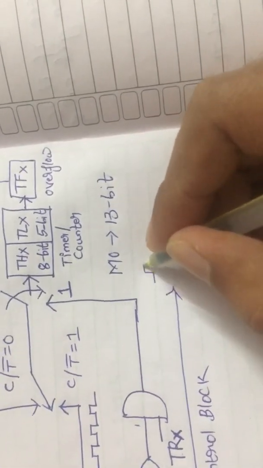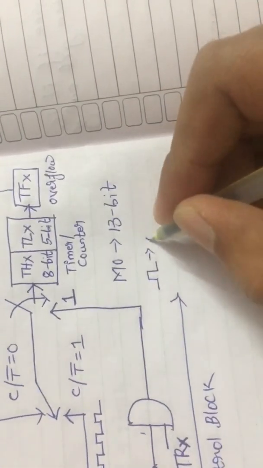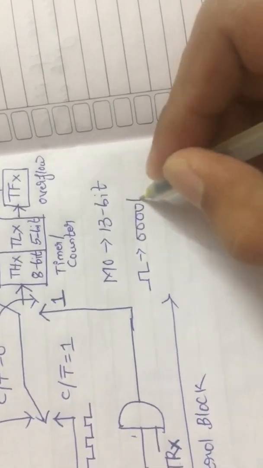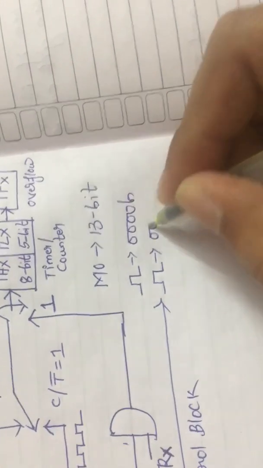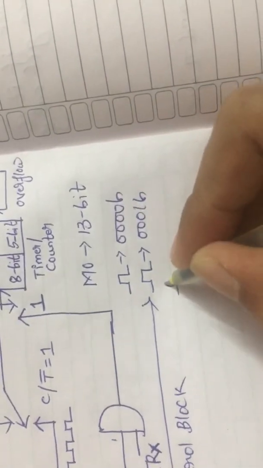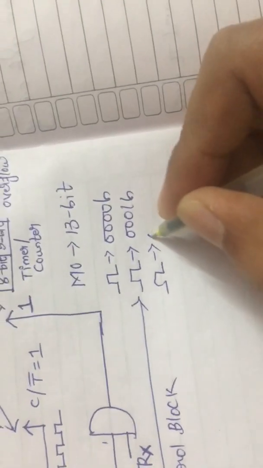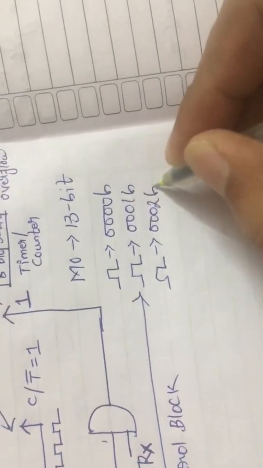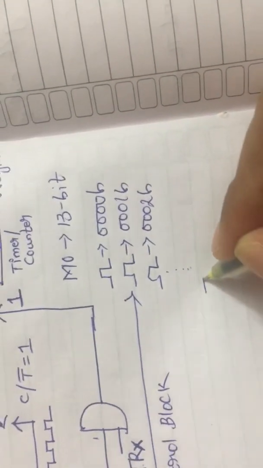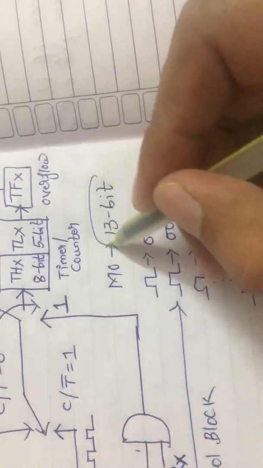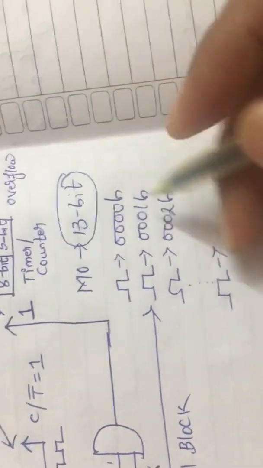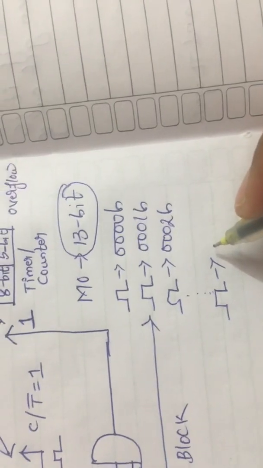For the first clock pulse, it will take 0000 H. For the next clock pulse, 0001 H. For the next clock pulse, it will take 0002 H. Similarly, what is the maximum value it can take? Since mode 0 is 13 bits wide, the maximum value it can take is